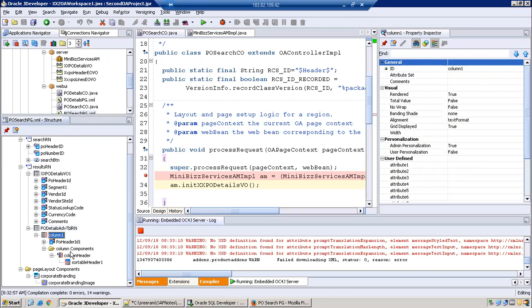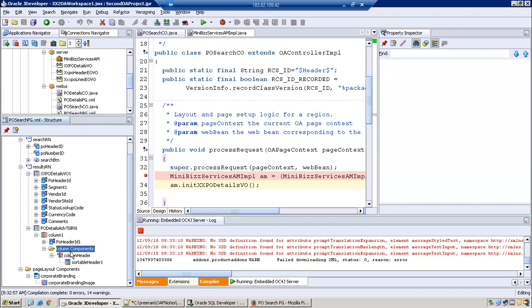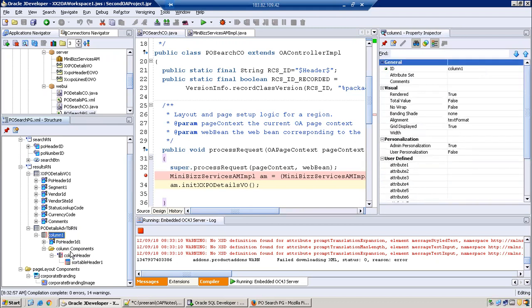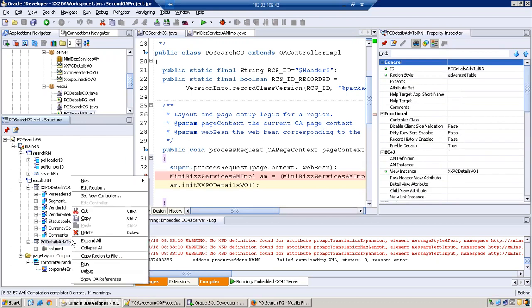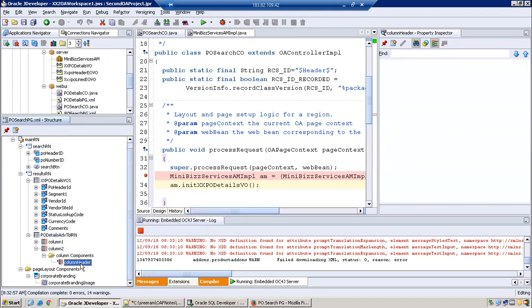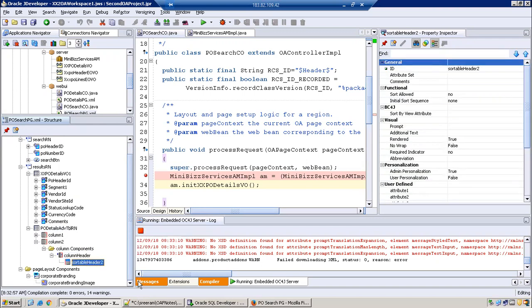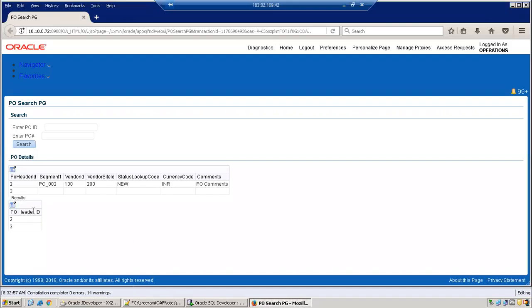Now here, to display any column, you require one column item, and then in that you require the appropriate item, then you require a column header also. In our case, we want to display all these things, 2, 4, 6, total 7. So we require 6 more columns. So I'll create a new column, and for this new column you need to create a header also. Whatever header you create in the sortable header, that will be displayed here.